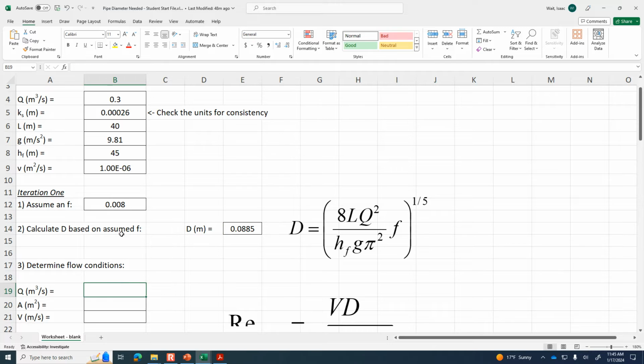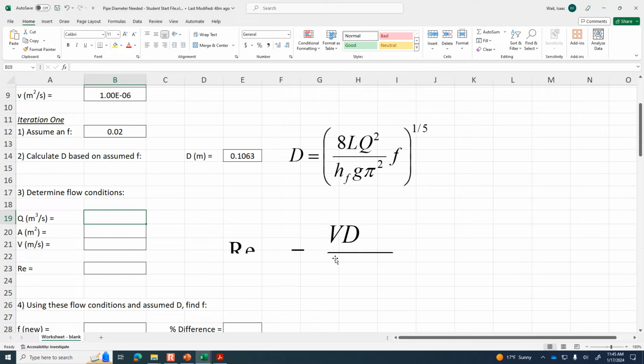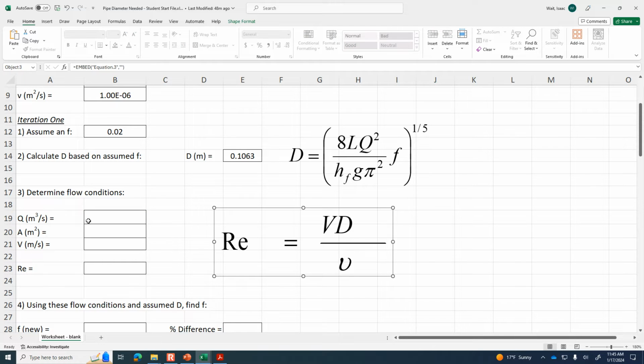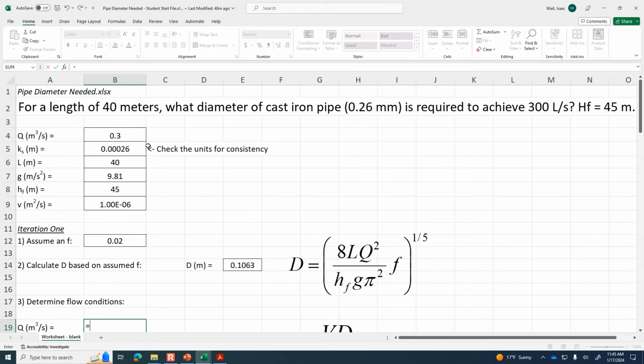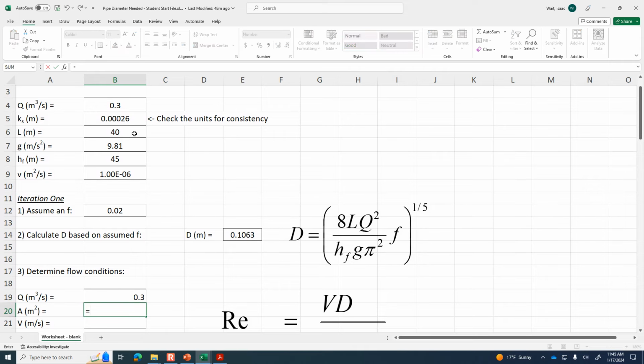Okay, so if we have that middle ground F value of 0.02, then what would be the flow conditions that would correspond to that? So the flow rate would be the velocity multiplied by, well, the velocity is given. It is the 0.3. So let me just refer back up here to the flow rate. The cross-sectional area for this pipe diameter would be 3.14159 pi times,